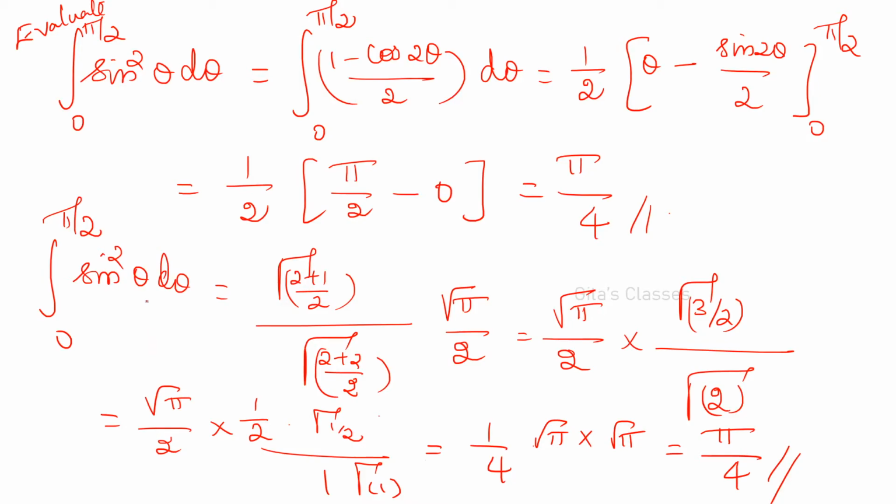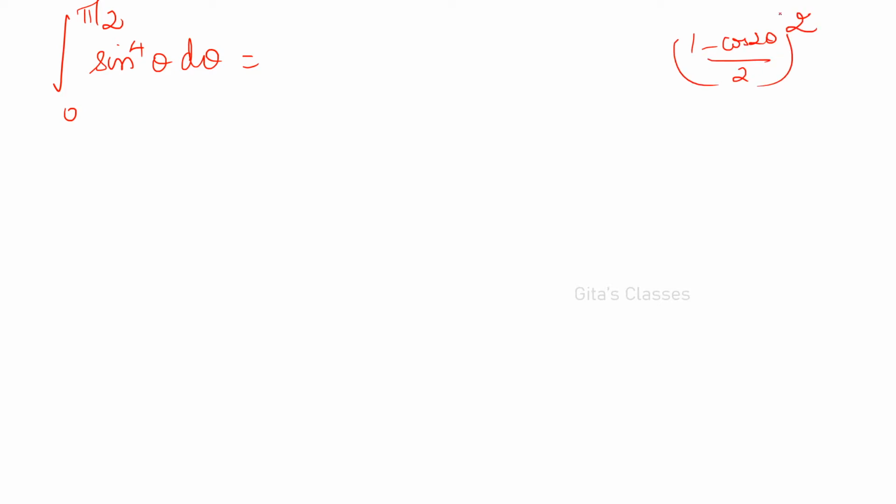Okay, so this will be easier. Here you have to search for the formulas and all. Only if you know this value: plus 1 by 2 in the numerator, and in the denominator plus 2 by 2. Similarly, you can evaluate any functional values. Here it may be easier using the formula, but I will show you for sin power 4, 0 to pi by 2, sin power 4 theta d theta. This will be very tedious, right? What you have to do is (1 minus cos 2 theta) divided by 2, the whole square. So 3 more terms you will get, and again you have to integrate and all.